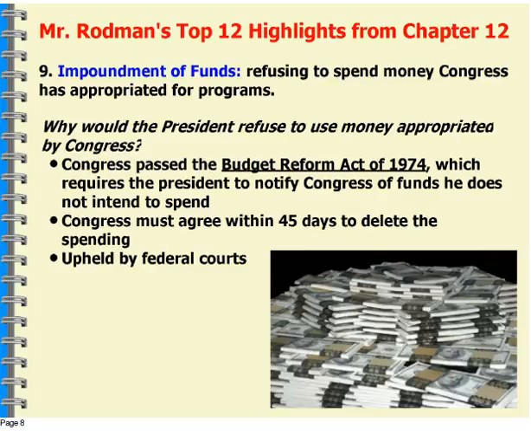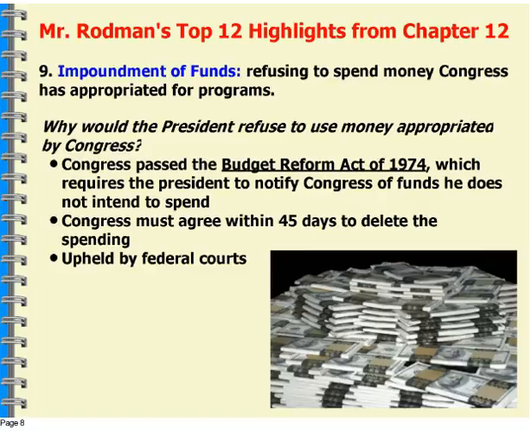And if that isn't the case, then they should return the money, right? The idea of rescission. So impoundment of funds basically says, Mr. President, if you're not going to use the money that way, then give us the money back. Tell us you're not intending to spend that money, and then Congress would delete that funding.